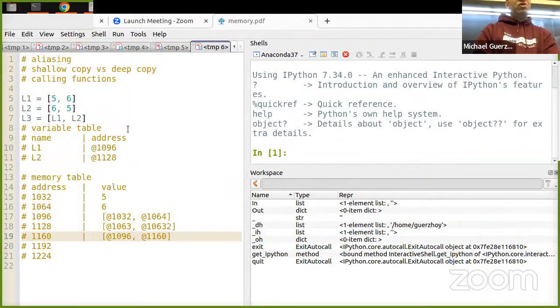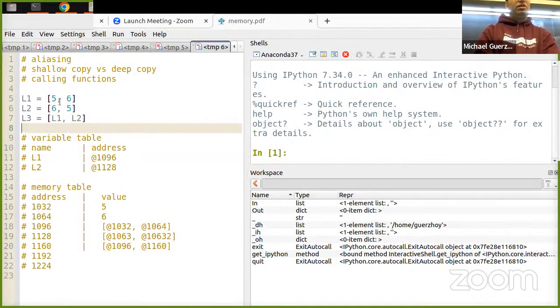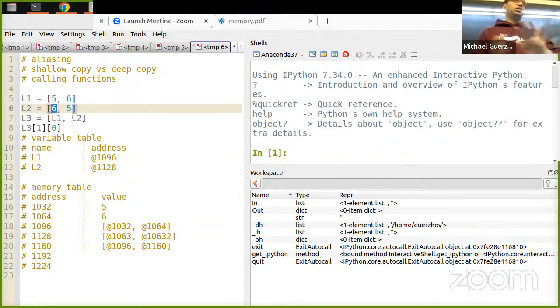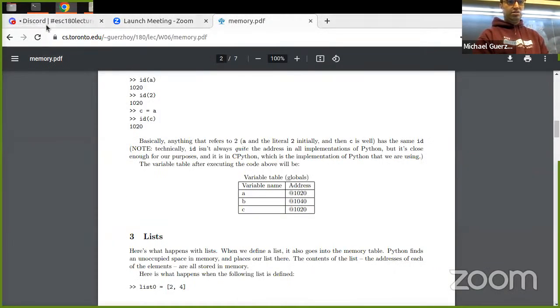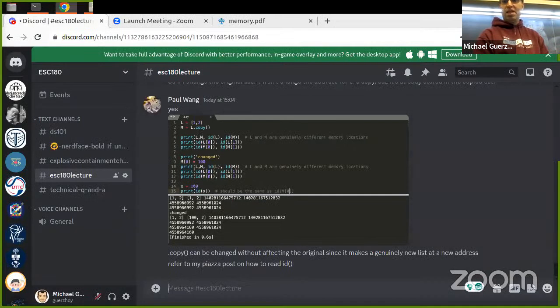Now, if you wanted to, for example, get at this 6, what would you do? Well, you would say L3 at 1 at 0. L3 at 1 is this list, and L3 at 1 at 0 is this 6. Right? That's what you did with tic-tac-toe last time. Let me check. Is Discord saying anything? Nope. All right.